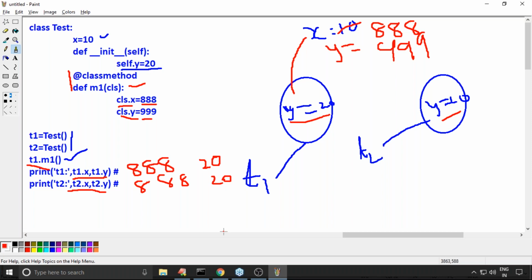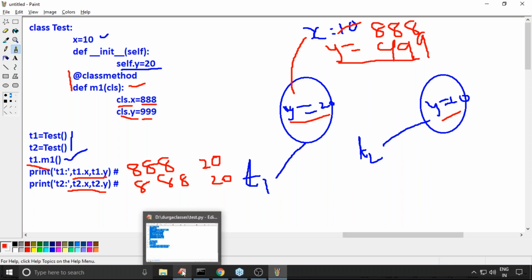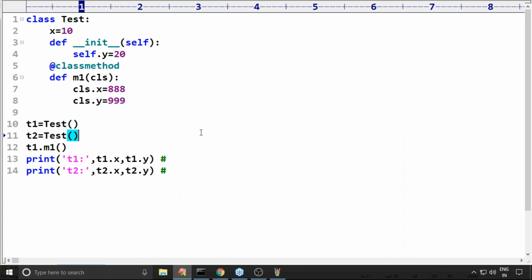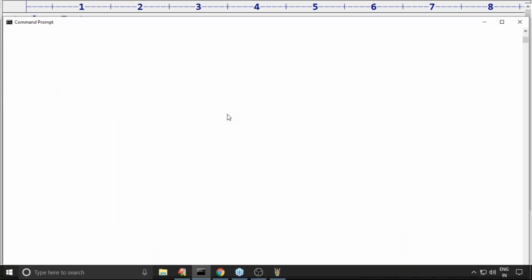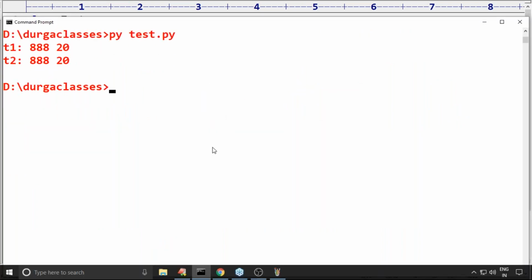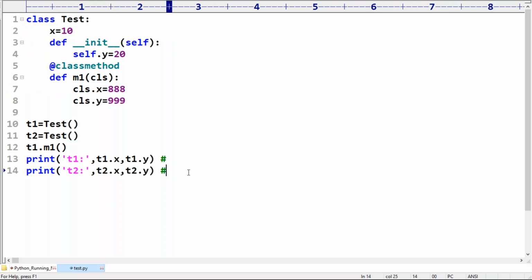Are you getting? A new static variable was created with the name y. Where is the proof for that? Yes, I will show, don't worry. Let me execute this one. What output are we getting, sir? 888 20.